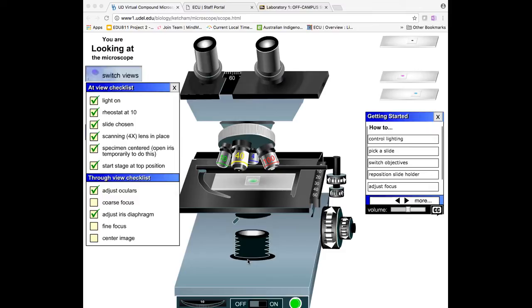The virtual compound microscope is a simulation of a real biology lab compound microscope, and it represents a tool that biology students must learn how to use very early on in their studies. In this interface there is a narrated tour of all the features of the microscope,